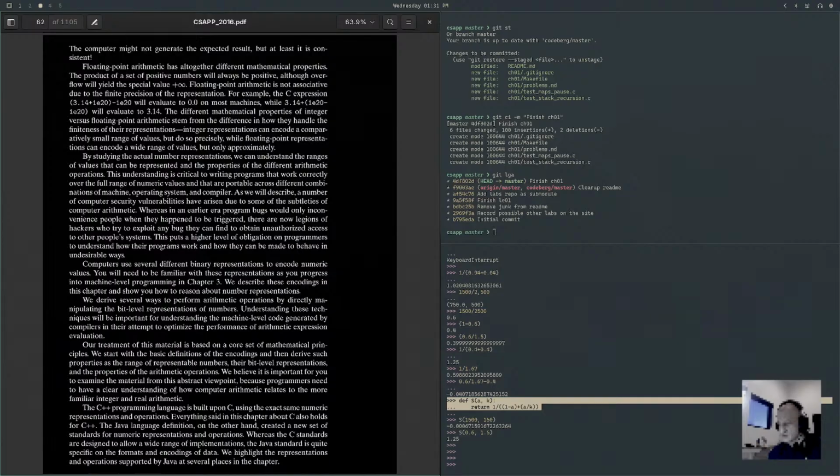This understanding is critical to writing programs that work correctly over the full range of numeric values and that are portable across different combinations of machines, operating systems, and compilers. As we will describe, a number of computer security vulnerabilities have arisen due to some of the subtleties of computer arithmetic. Whereas in an earlier era, program bugs would only inconvenience people when they happened to be triggered, there are now legions of hackers trying to exploit any bug that they can find